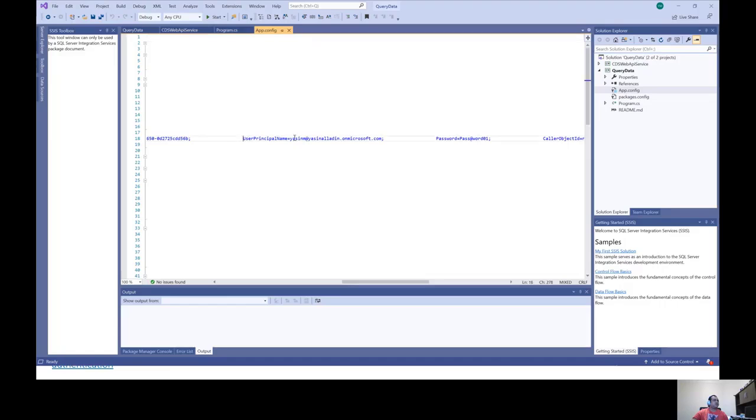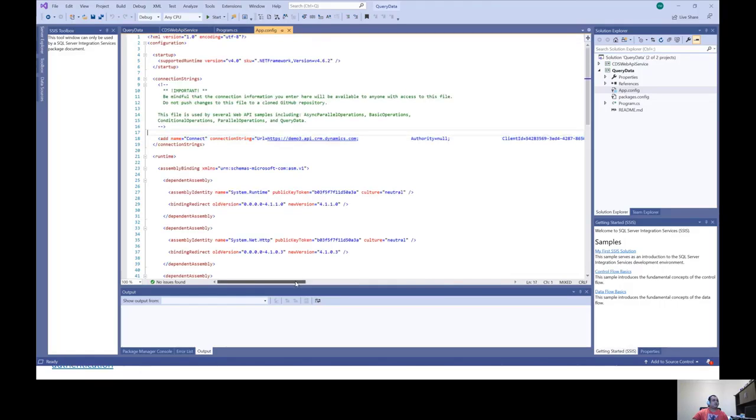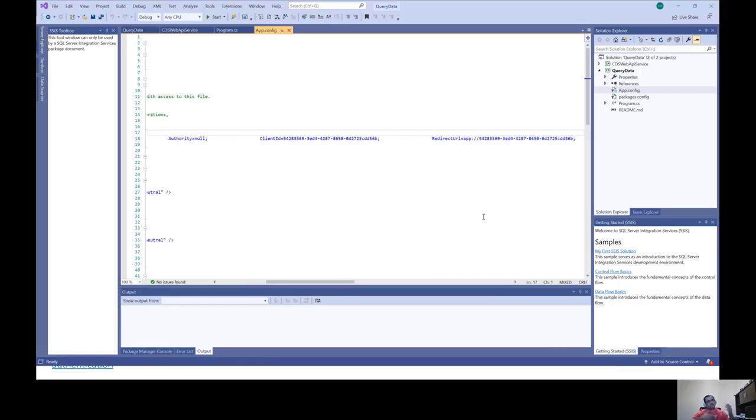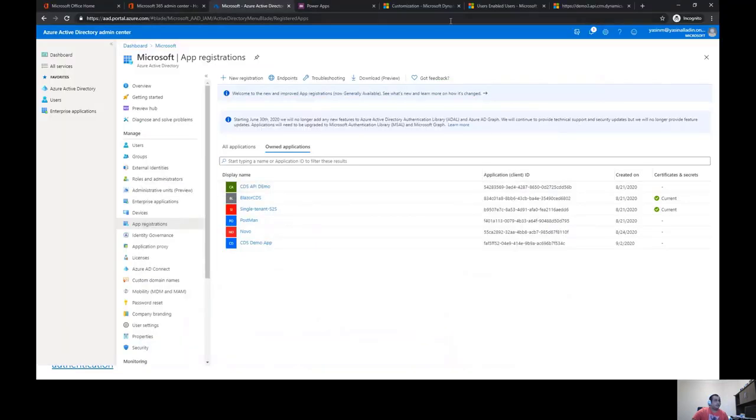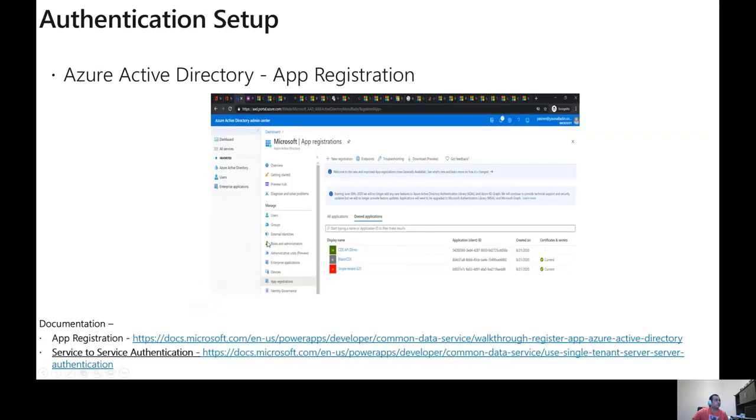But in a real world scenario, you don't need to specify this as long as you're using the same Active Directory and there is trust built, it would enable single sign-on. So once I have set this up, every request that the APIs make would run in the context of the user that is accessing the system. So with that, I'll move on to my app registration. And then let's just take a look at the service to service authentication as well.